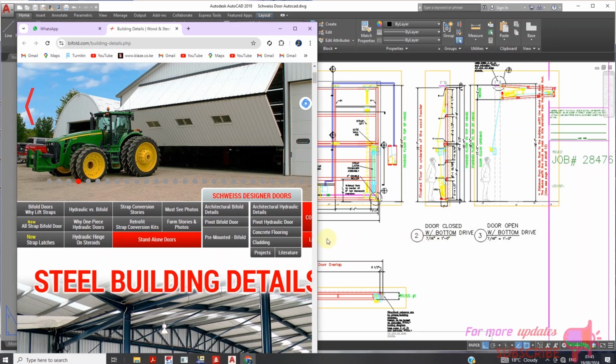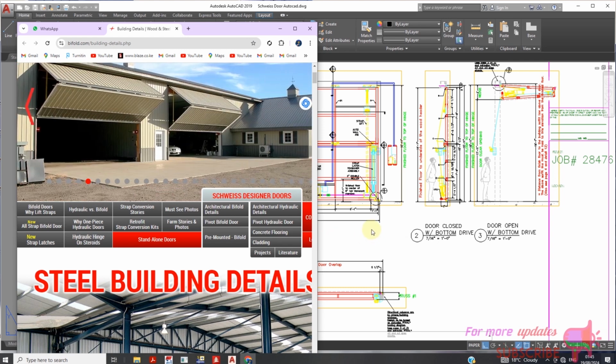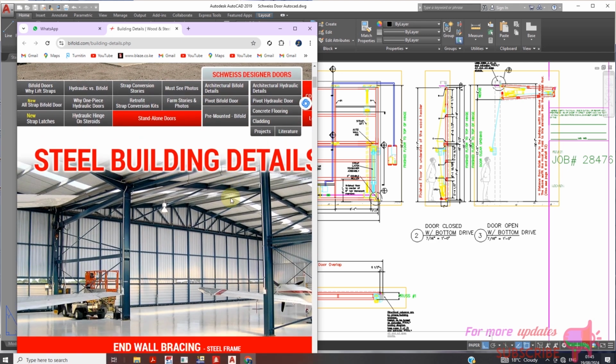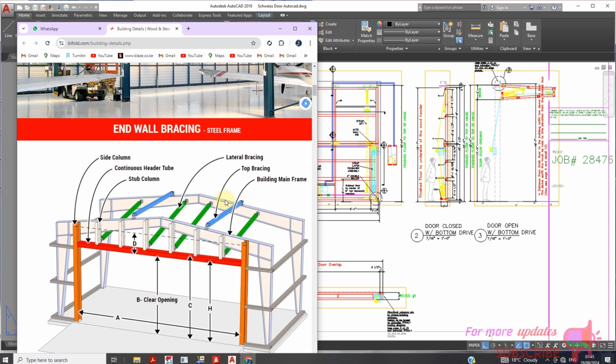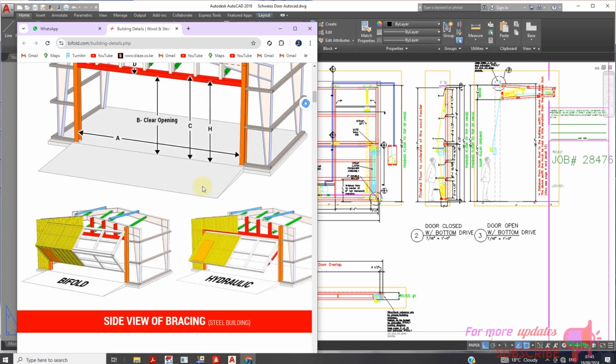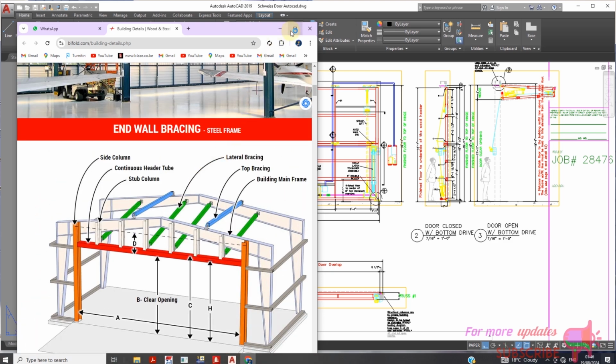We are going to discuss Schweiss door design in AutoCAD, that is structural detail. So I'm doing an airplane hangar, and I'm doing the design, and the most interesting part in this design is the Schweiss bifold door. So as you can see in these images from Google,